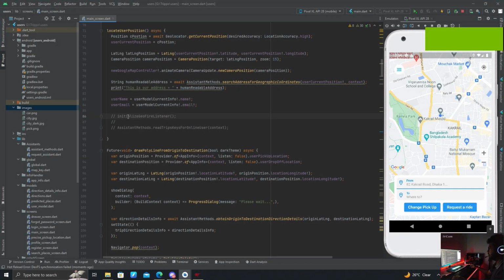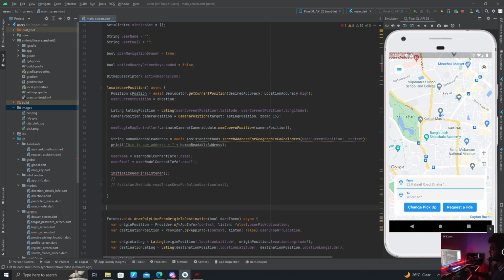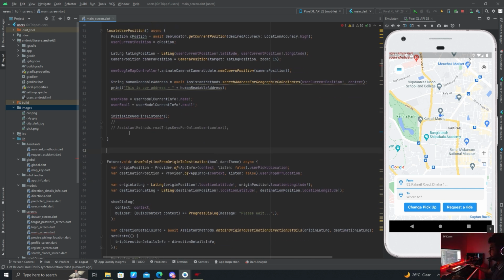So now we are in our users project, and in our main screen we have a function called locate user position, and here we have written a function that we commented out before. Now I'm going to enable this and I'm going to write this function here. So let's write this,